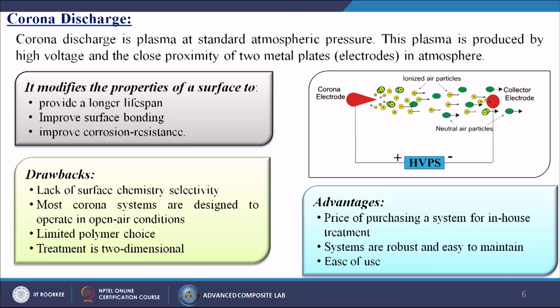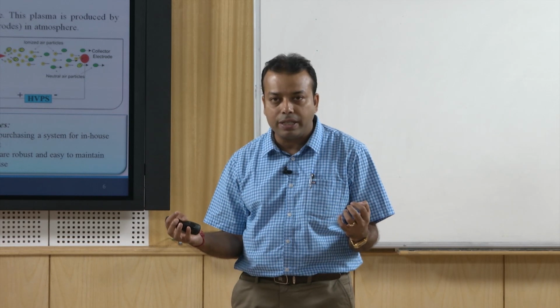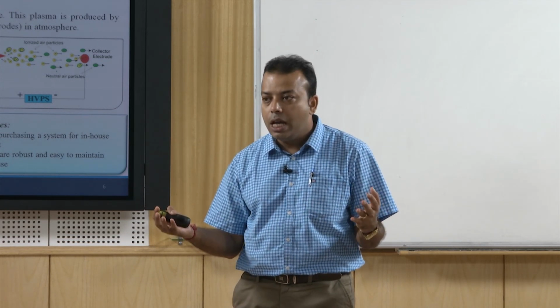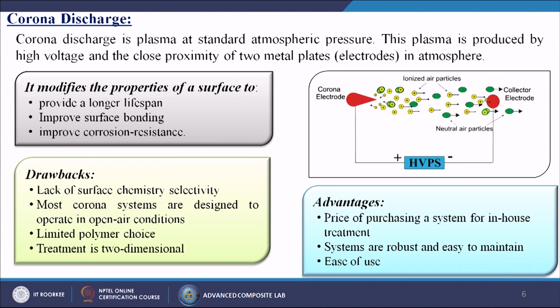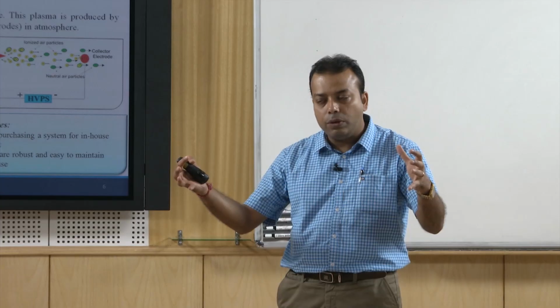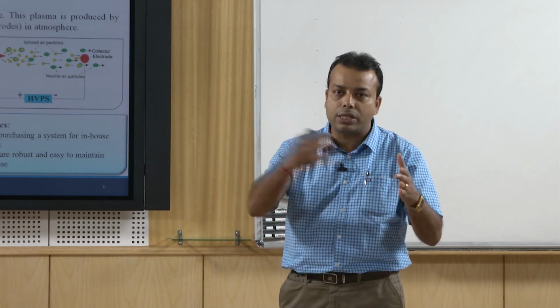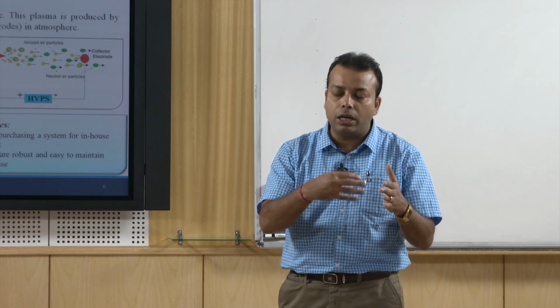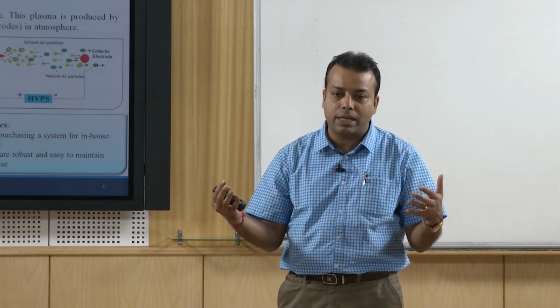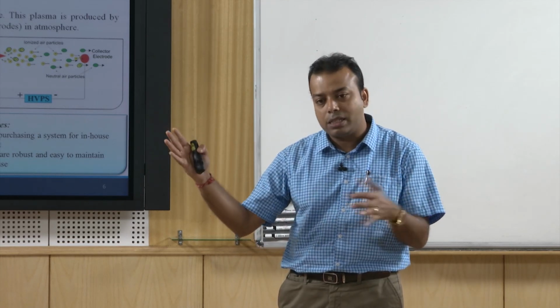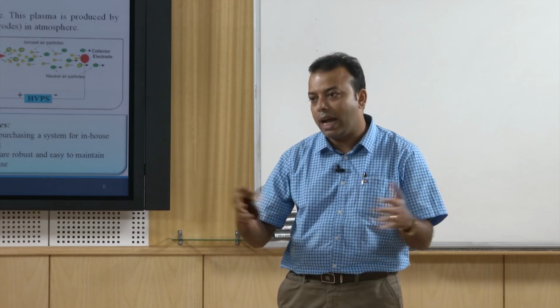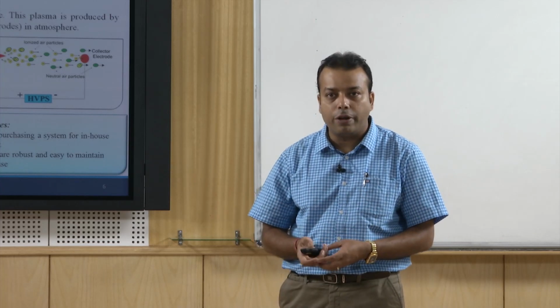In between, we are generating a high voltage difference, or potential difference, and we have some target materials. The target material is divided into two ions, and one of the ions comes to your surface. Just like opposite magnetic fields attract each other, the plus ions go directly to the minus ions and do the surface modification.